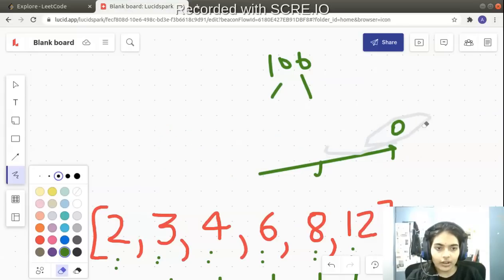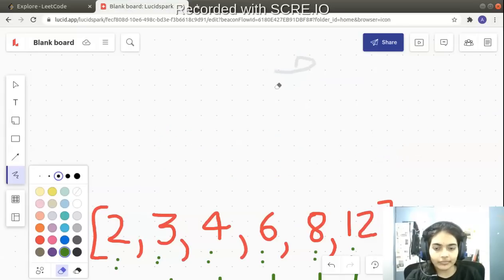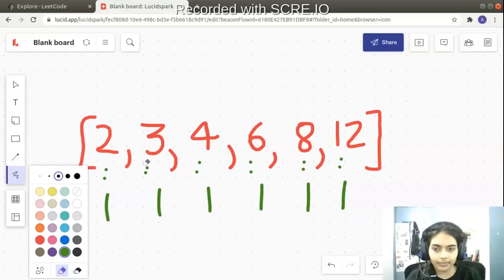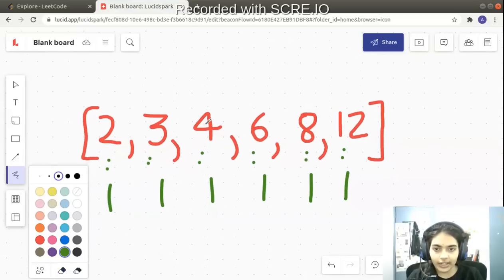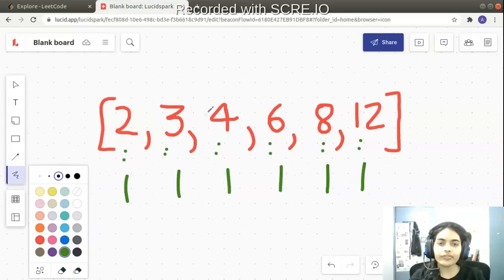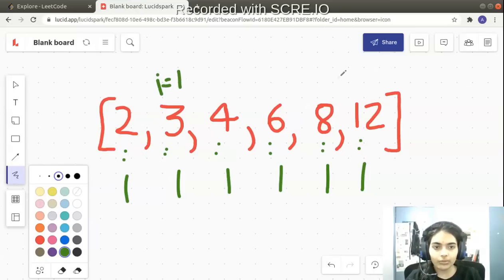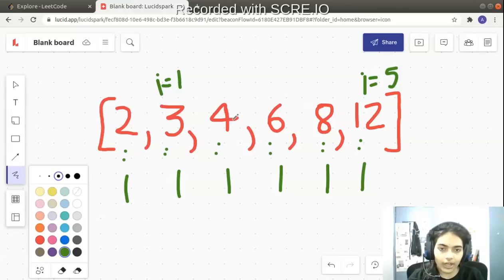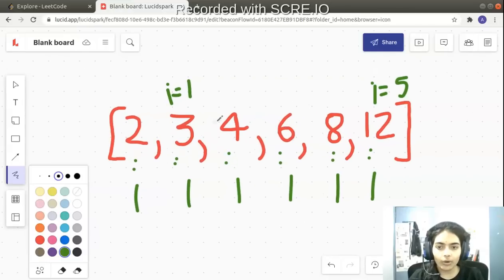So from the second value in the array, we will start iterating and check if we can form any other binary tree, because from the first or the smallest number, you cannot form any other binary tree. So I will start from I equal to 1, then I equal to 2, I equal to 3, I equal to 4, I equal to 5. I will try to find if using all other numbers I can find any other binary tree. And how do I find?